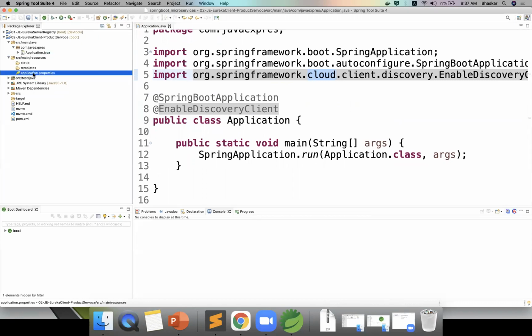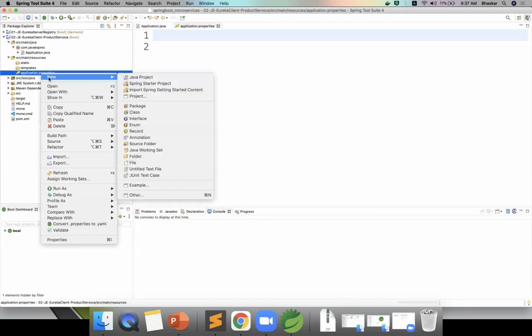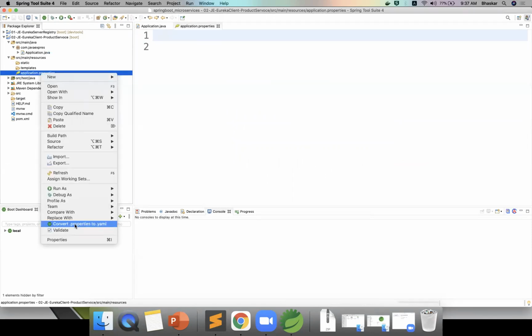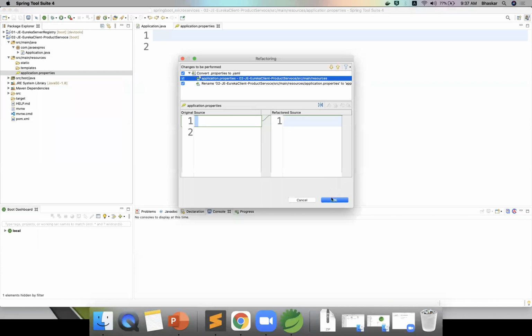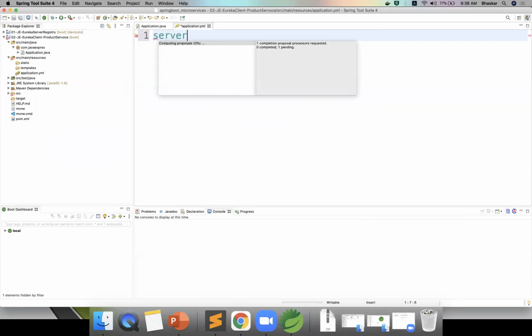Now I'm converting application.properties into YML. Right click, convert .properties to YAML. Click OK. And here I'm changing my port number, server.port, but there was an error while computing, so it is still taking the old port, with an internal server error response.